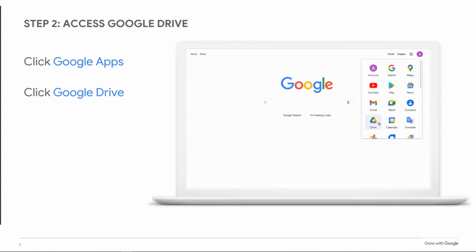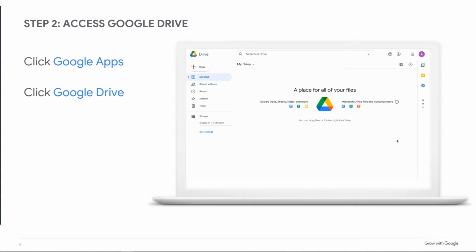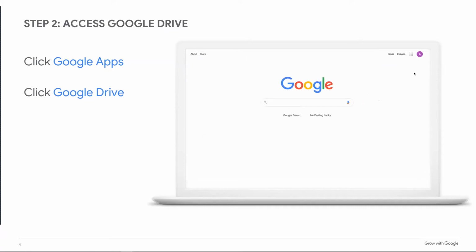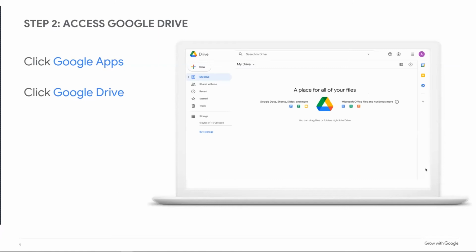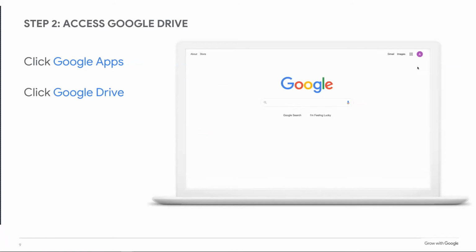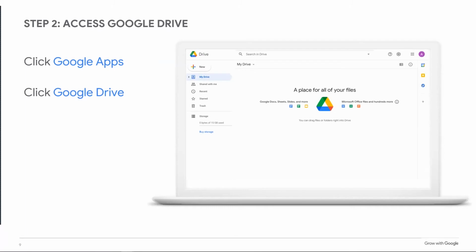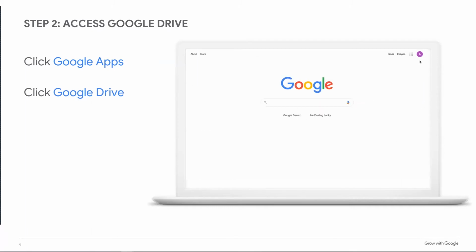But you're going to click on the Google application once you know that it is in your account. The Google application is also called the waffle, a lot of people call it. It's the 9-box square up in that corner. And then click on that. We're going to find Google Drive. Now your Google Drive is going to shift based on how often you use the Google Drive button. So it might be at the top like ours is, or it may be down towards the bottom. You might have to scroll a little bit, but it may adjust. And so just know that it adjusts based on how often you use it. Once you click on Google Drive, it will go to the Google Drive homepage.